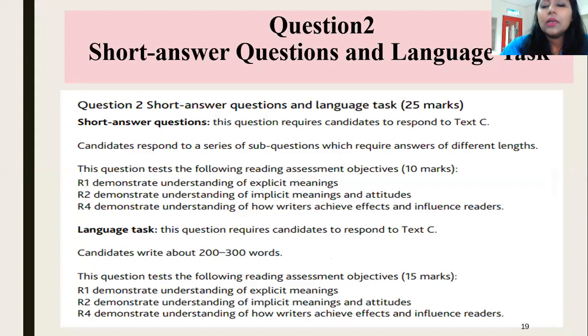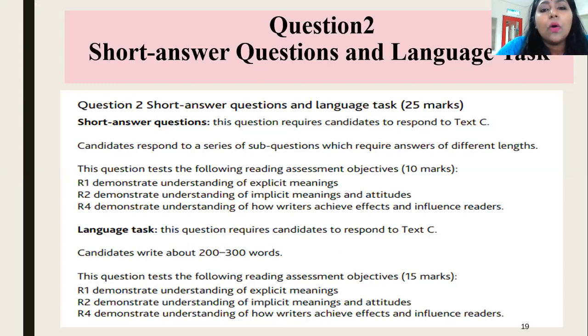So remember that the second question is based on text C. It is a short answer and also language task question. This particular section carries 25 marks. So this question requires you to respond to text C. For the short answer question, it's quite, not to say easy, even though it does not really require you to use higher order thinking skills, because most of the answers could be